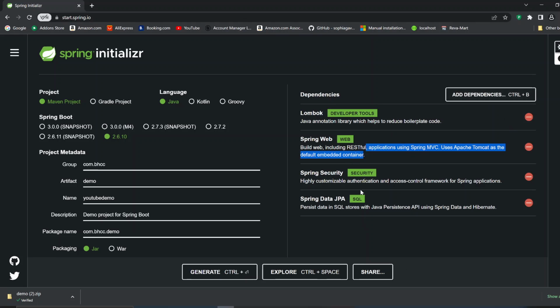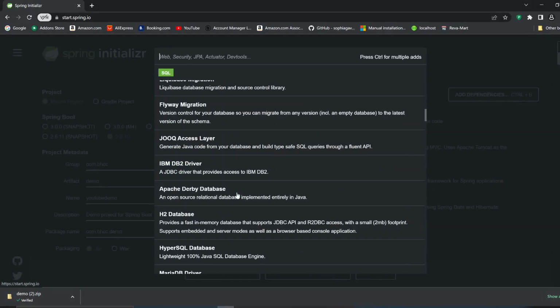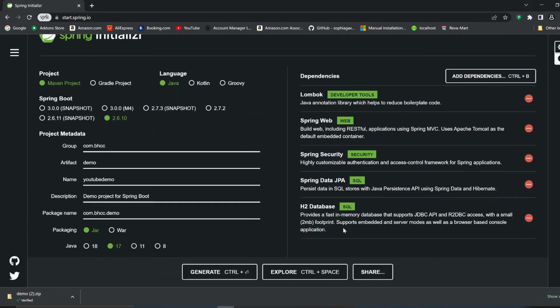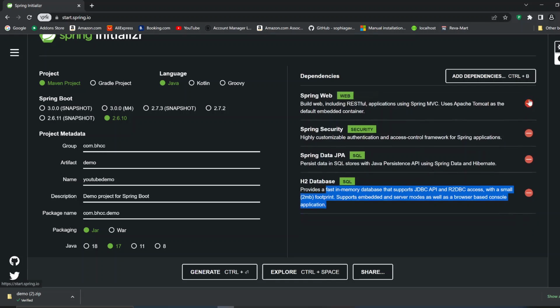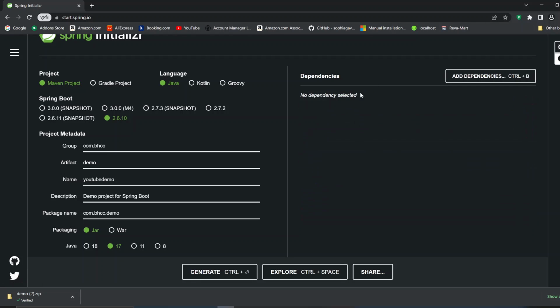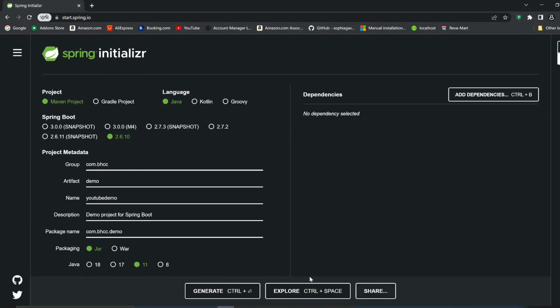So yeah, you can add these dependencies if you want to do some database persisting and stuff like that. I think the H2 database, I'm pretty sure that's your in-memory JDBC database. So cool, all this stuff is possible. You don't have to do that on GitHub. That's with regards to looking at the code I posted on GitHub. So yeah, this would be your basic starter boot project. I used Java 11. This all looks good, so what you do is you can click generate,